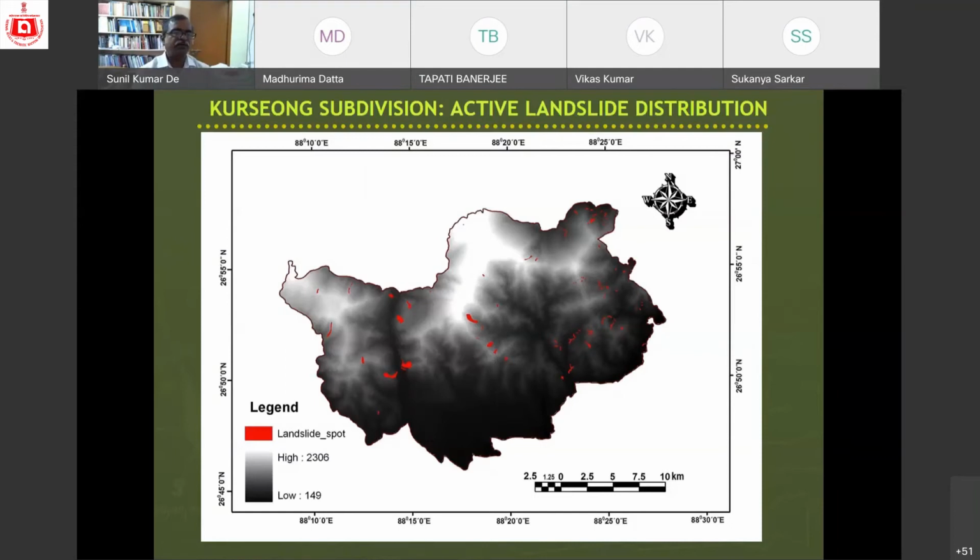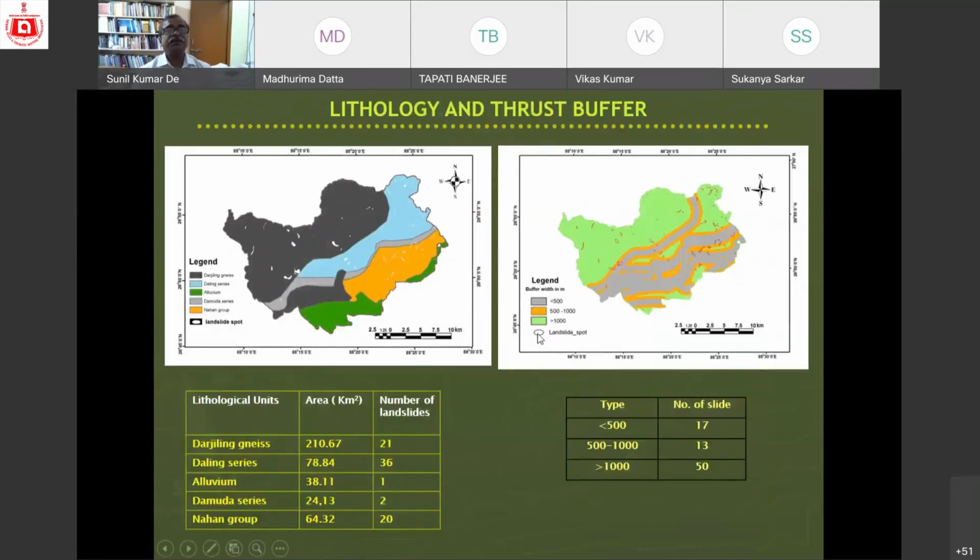That time it was 9.1 version. So we have plotted this GPS reading on this one. These are the active landslides. So on the basis of this is a dam on which the active landslides are plotted. Now these are the different layers. This is lithology layer. We'll have to identify what the number of landslides are more or less.